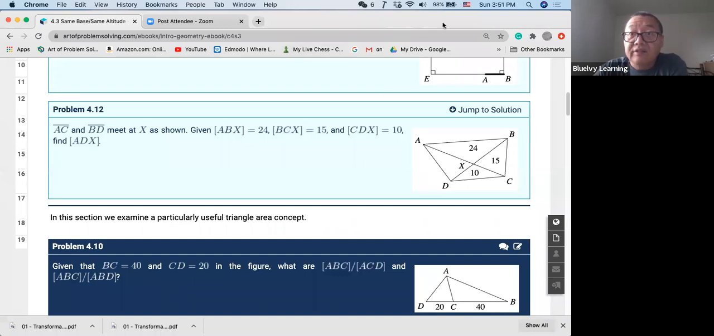Now, if you have an answer, you can send that to me. You still need to consider that the triangles have the same height, the same altitude. So first, you can consider triangle ABX and BCX. Say, in triangle ABX,